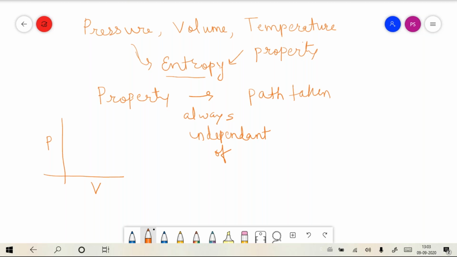Okay, and let us say that there is an initial, I will be taking the same examples as were given in the video. Okay, so let us say that the initial pressure is 3 bar, and we want to raise this pressure to 10 bar. So let us say that the initial pressure is 3 bar and the final pressure is 10 bar. We want to compress, let us say, a fluid, from 3 bar to 10 bar. Okay, so what we could do is that we could take a compressor.